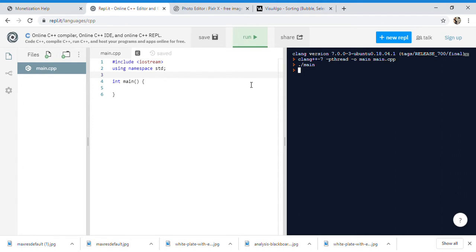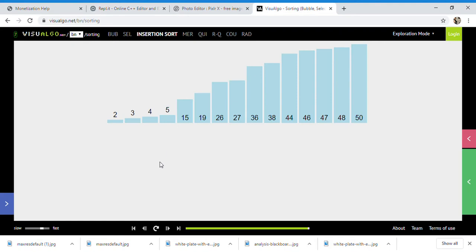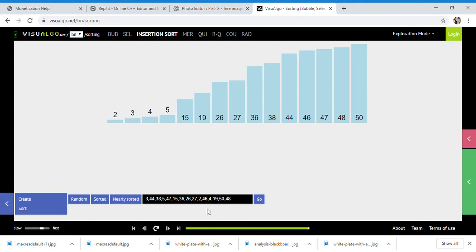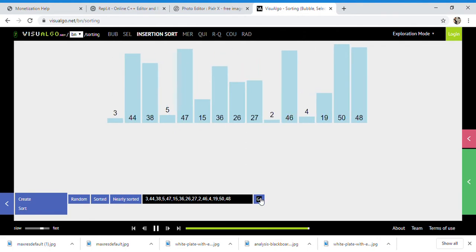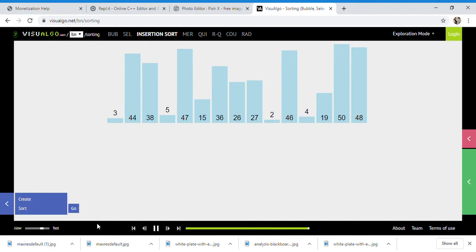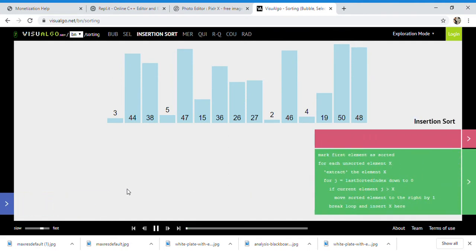So today we're gonna learn about another sorting algorithm called insertion sort. First of all, let me tell you how insertion sort works. Let me show you the visual explanation of the insertion sort so you can better understand. Let's create this random array, okay? So what I'm gonna do now is apply the insertion sort on it so you can see how the insertion